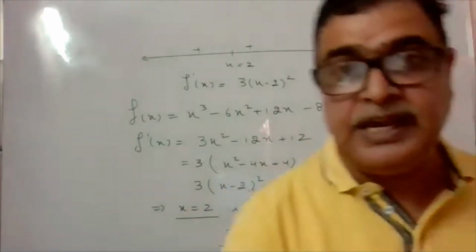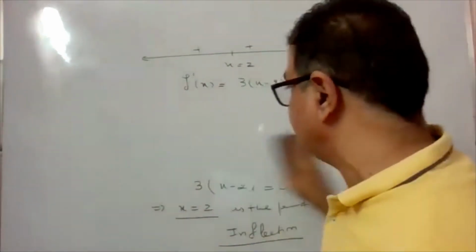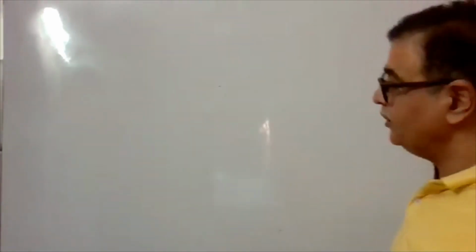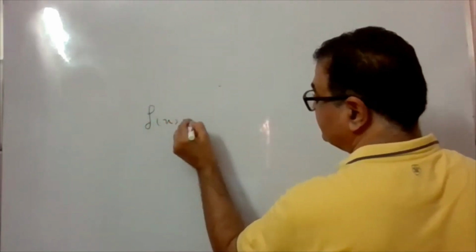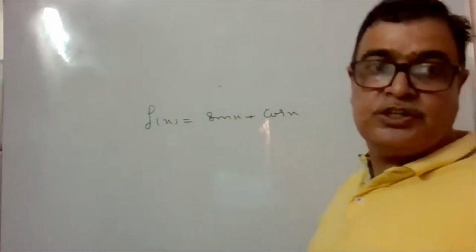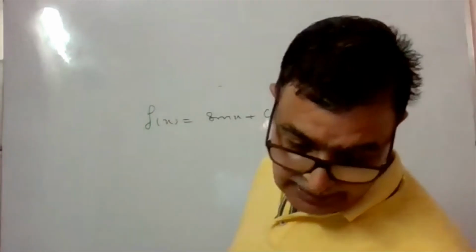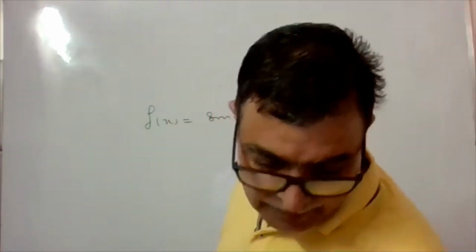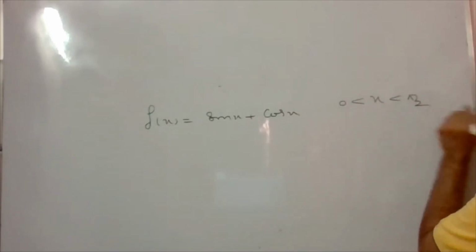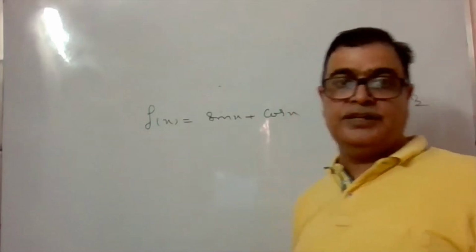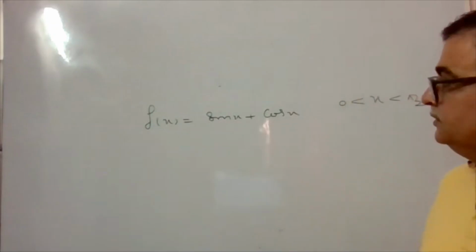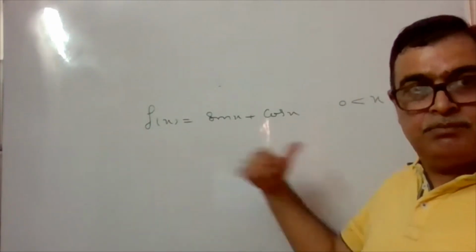One more question right now, please. f(x) is equal to sin x plus cos x. And whenever there is this function, there must be some interval given in the question. Here x is between 0 and pi by 2 given. My question is find out where this function is maximum, where this function is minimum. Local maximum, local minimum, we should